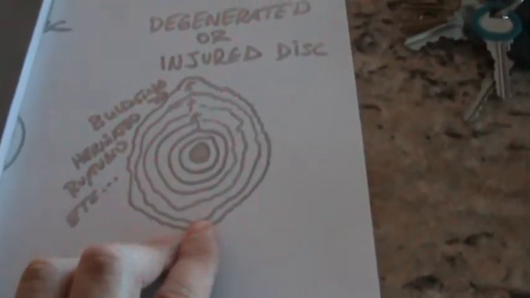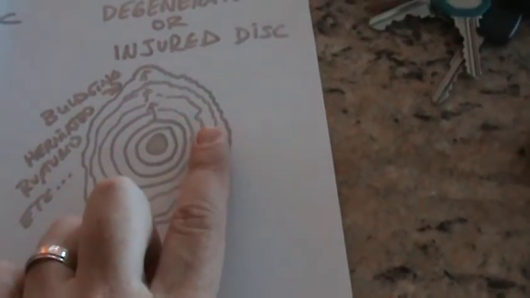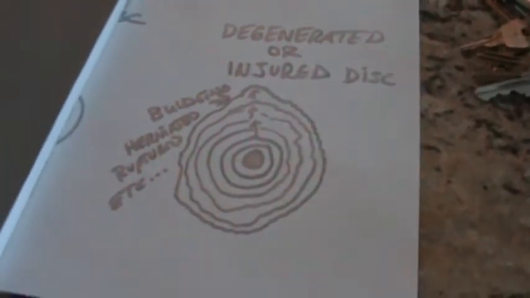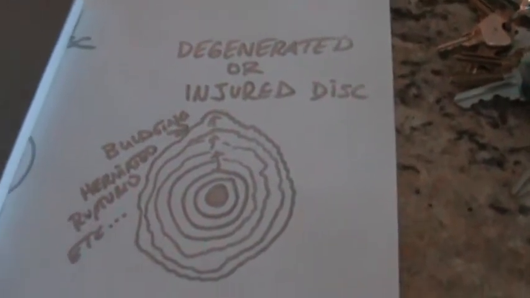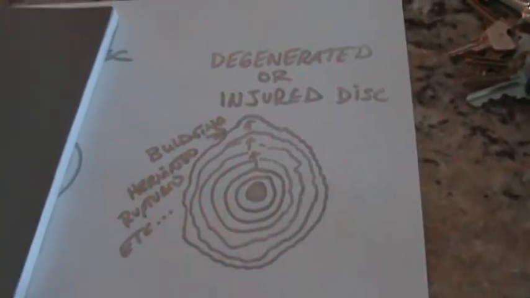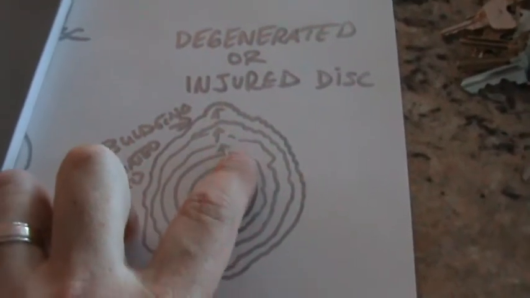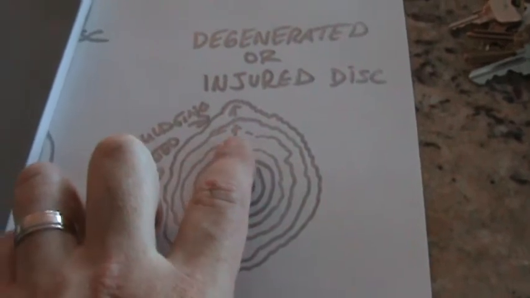So over a period of years, you'll see these little annular fibers here that used to be good and strong, they start to get weak. And then as you continue to add pressure and weight and poor posture and different things like that, and these discs continue to starve, you start going through a degenerative process, and these fibers will start weakening. And then some of them will actually split and allow some of this disc material to seep out,